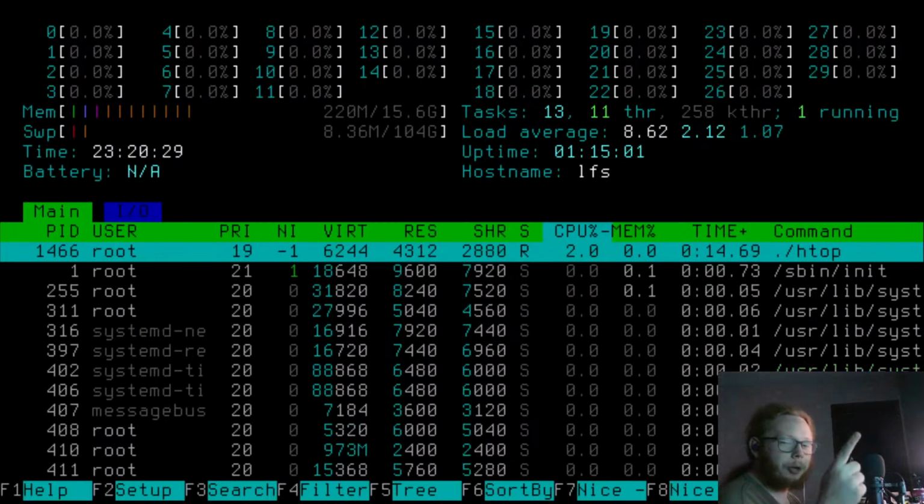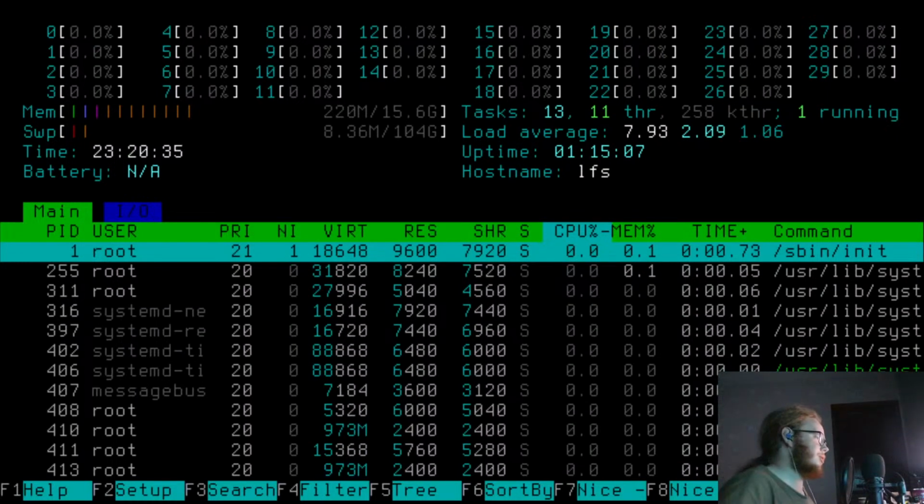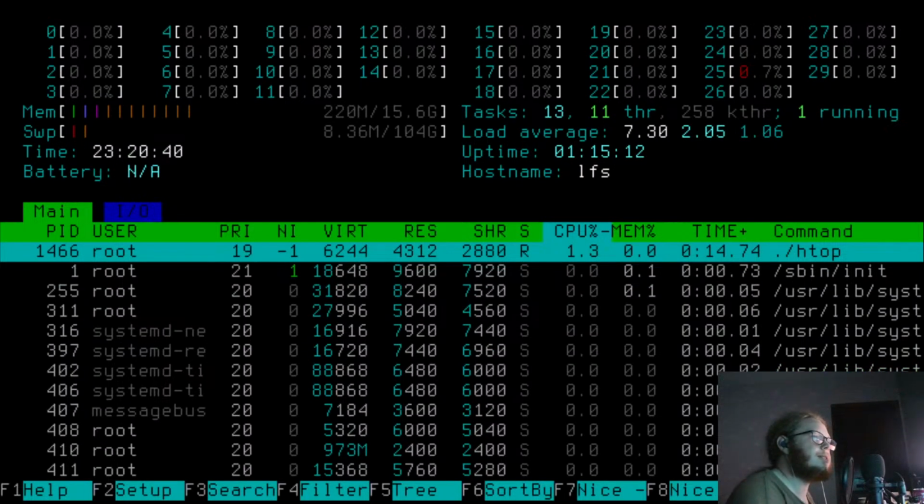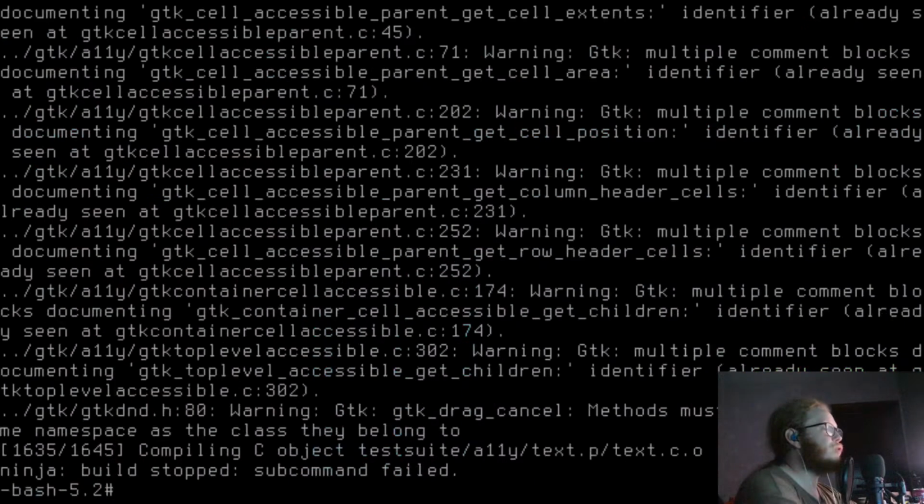Also, at one point in time, this was using, what was it? 97 megabytes of RAM. Barely anything at all. It was very toasty.